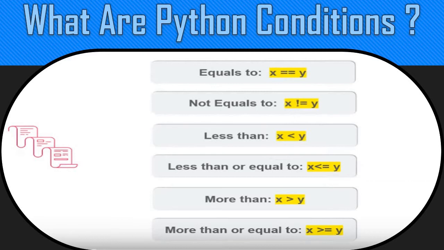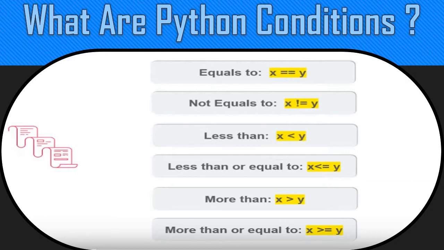When we have less than, we use the less than operator for less than conditions. And same for more than or greater than, we use the greater than sign. For less than or equals to, we use the less than sign and equal sign together. This states that x is less than or equal to y. At last we have more than or equals to. X is more than, or we can say that x is greater than or equal to y. We use the greater than and equals operator together.